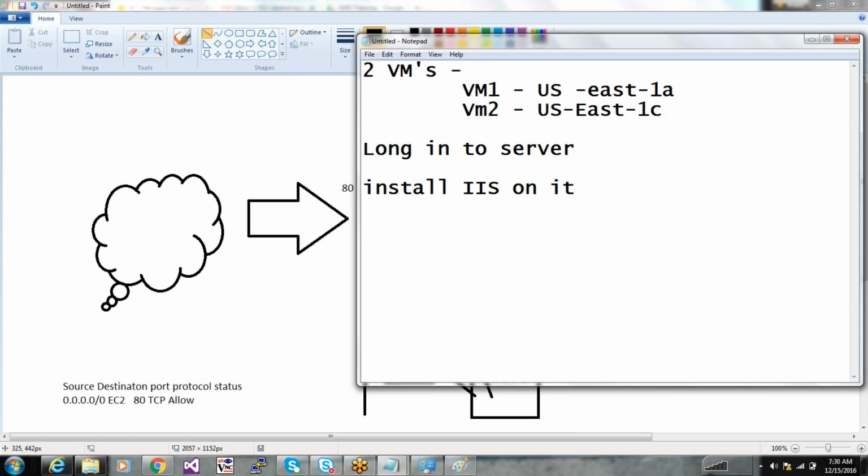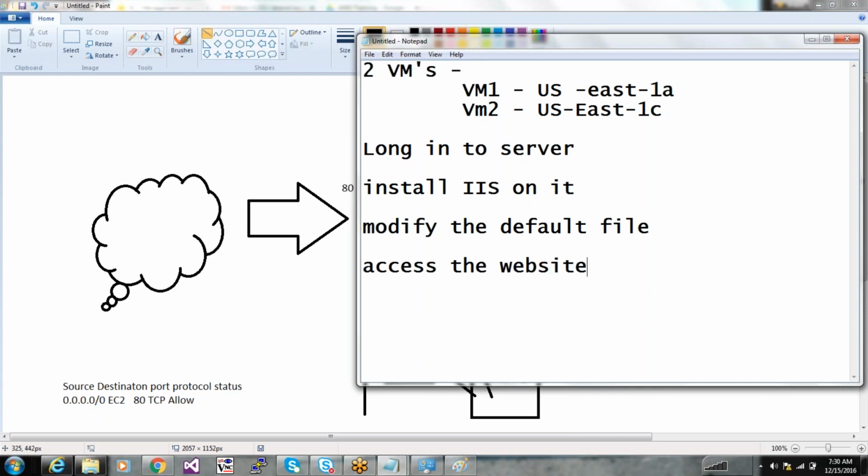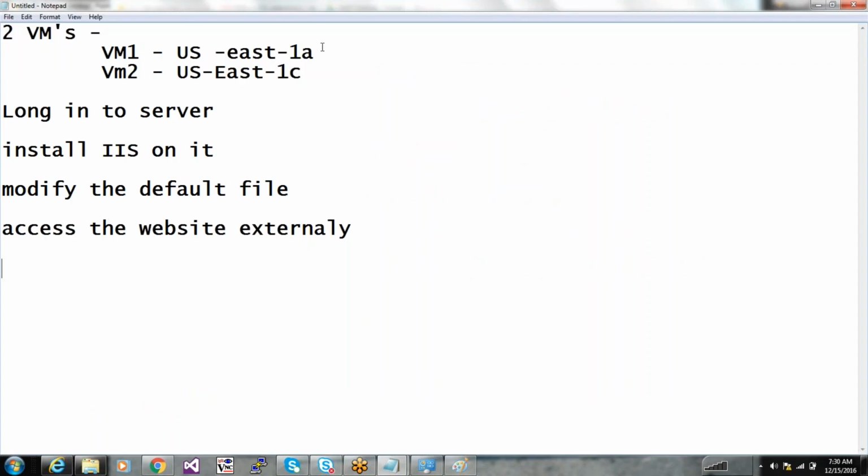Then we'll put HTML files on top of it. You will already have a file. You will modify the default file. Access the website externally, right? That's because VM1 will get a public IP, isn't it?